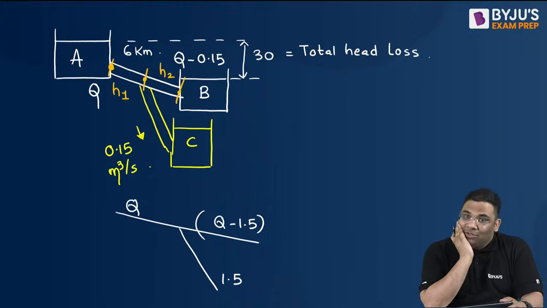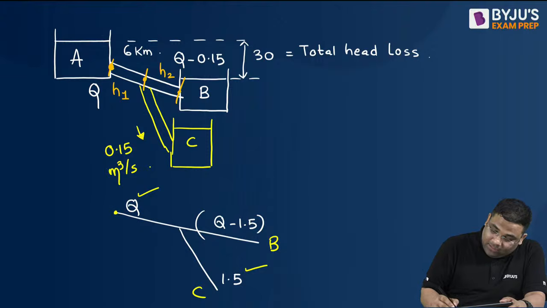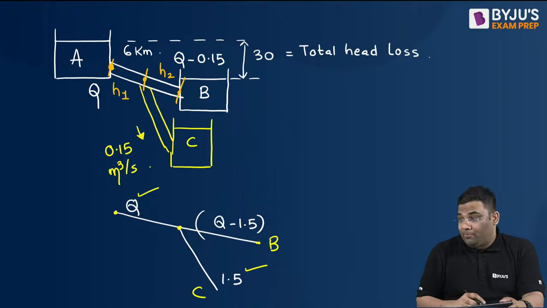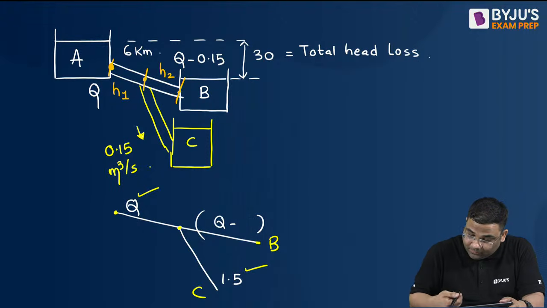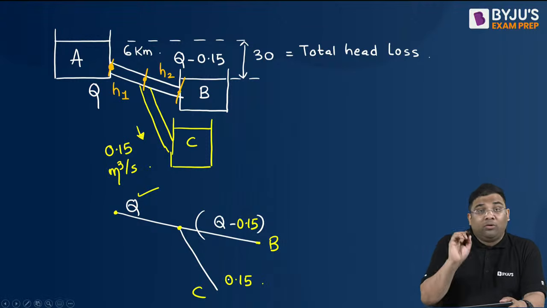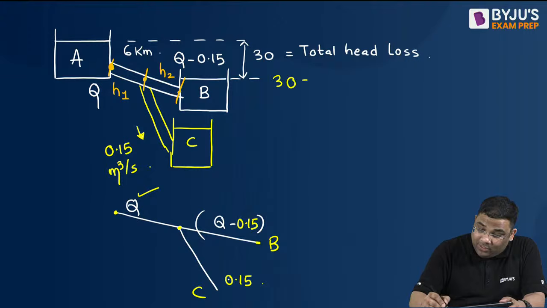Let us see. So you see, this is Q discharge. This is 0.15 going to C. This is going to B. So if I'm considering head loss from here to here, discharge will be Q. From here to here, discharge will be Q minus 0.15. Sorry. But total head loss will be 30 only, right? So I can say 30 will be equal to